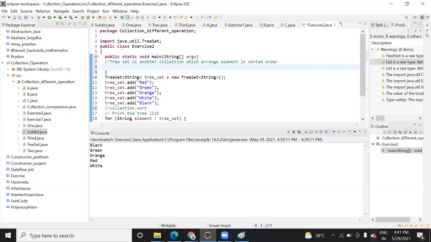One day I will show you the comparison between the different kinds of collections, then it will be more clear. As it is a beginning stage, you should practice this kind of program first. Once you get confident, then we can move to the comparison and then further programs. As per the data structure, the widely used collections are linked list and array list.